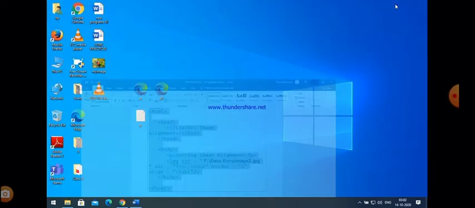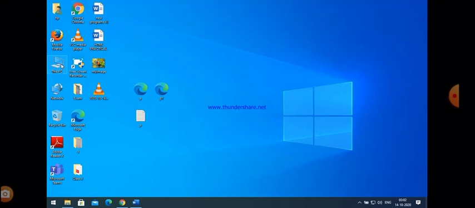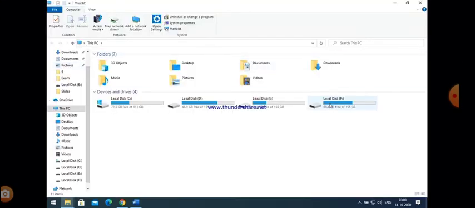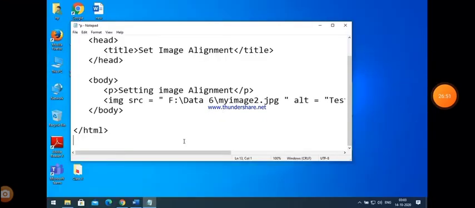So just make a copy of this program, and I just write the code here.